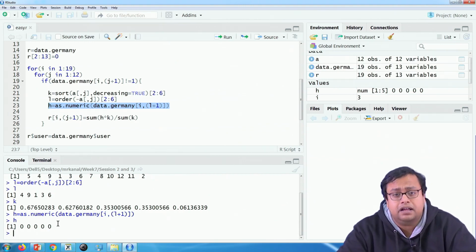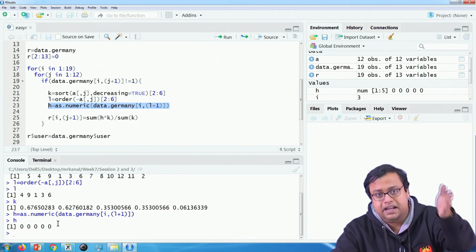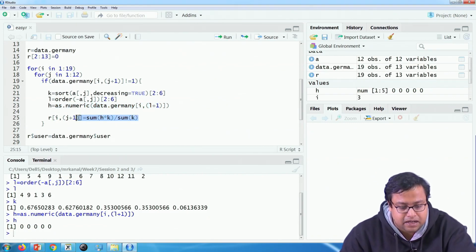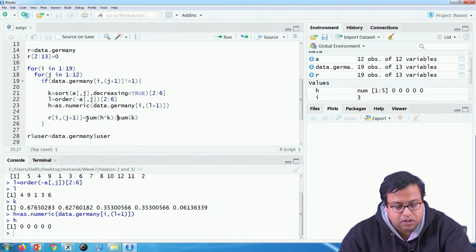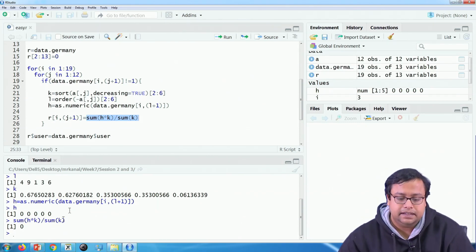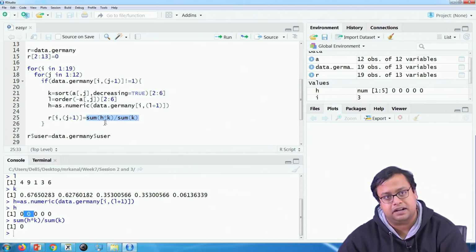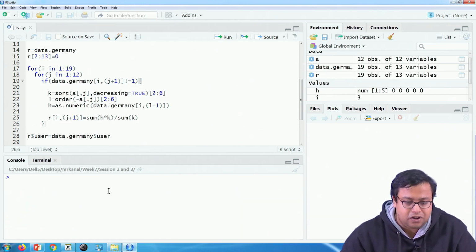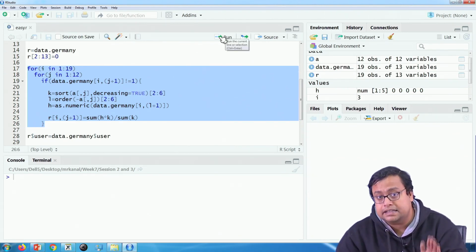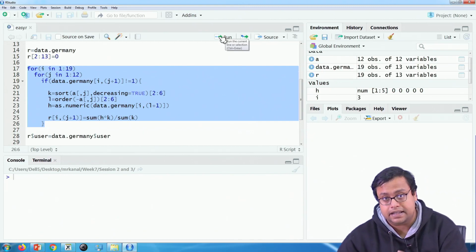Then how much will be the probability? 0, because 0 is my history, multiplied by the similarity score, divided by the sum of the similarity scores. So, that is something that we calculate and put in R i, j plus 1. So, the value becomes 0. This particular value will still become 0 because all my H items are 0. If by chance any one of them were 1, the corresponding value would have been calculated. If you did not understand this, please stop the video, go back and understand it properly.